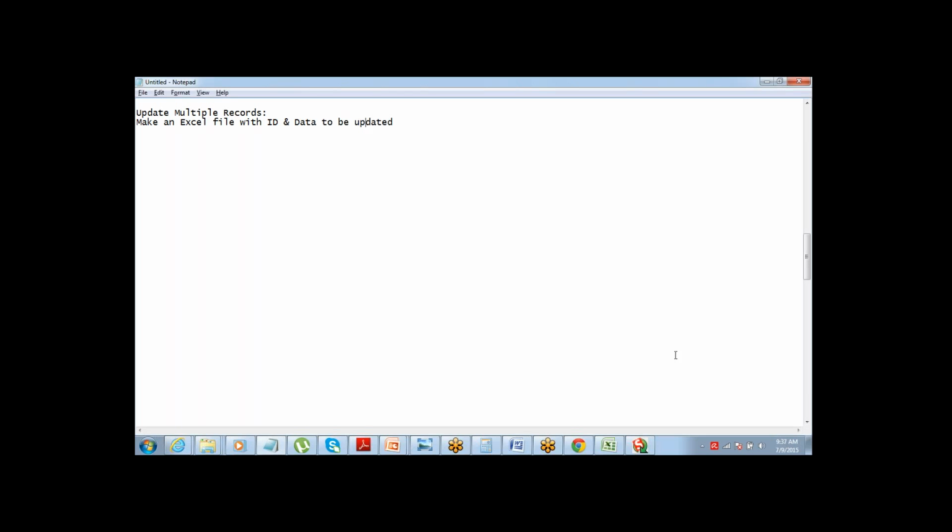Record ID, where will we get it? We just did an insert operation, and I told you when you do an insert operation, it gives you a log file, right? Success and error log file.